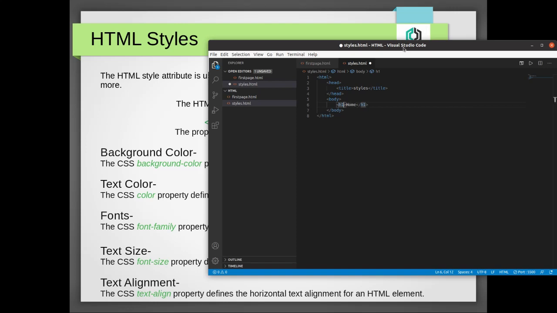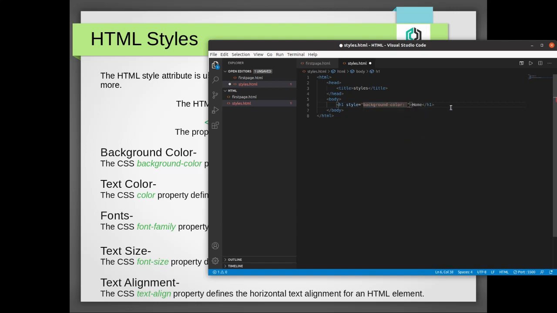Just add some styles. We need to add a style attribute, add background color. So this background-color is the CSS property, and here you have to use a CSS value.